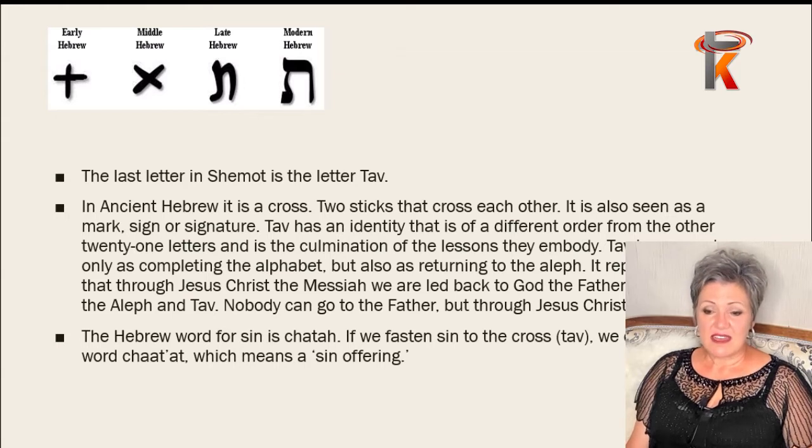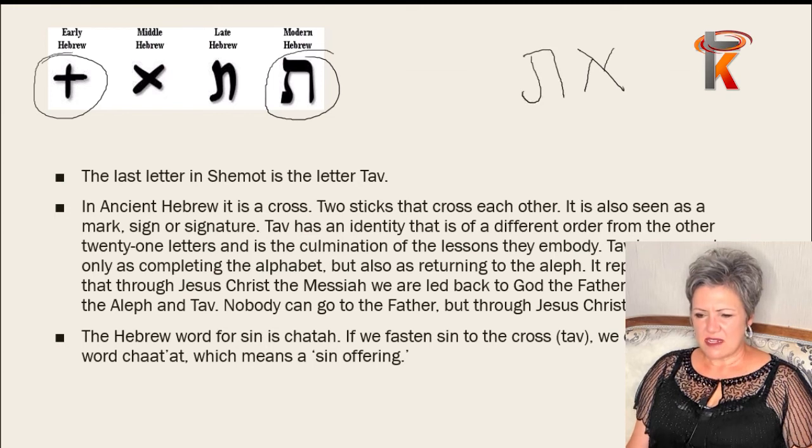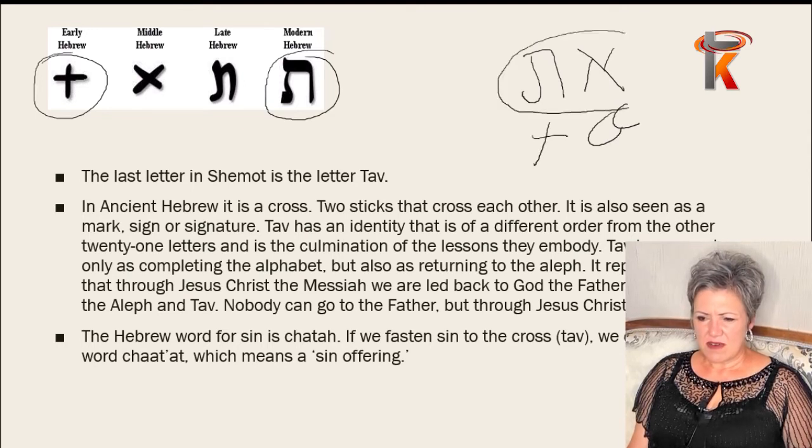Then we get the last letter, which is Tav. This is the ancient, looks like a cross, doesn't it? You get the word et, just to tell you, and et looks like this. In ancient Hebrew, it looks like this. Again, the cross. Now, et means the leader on the cross. That's the ancient Hebrew of et.